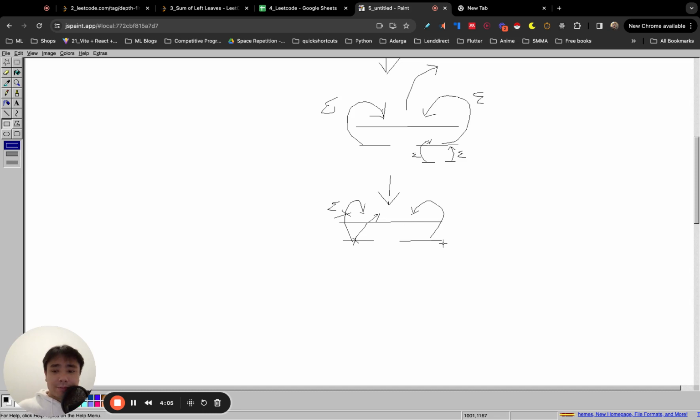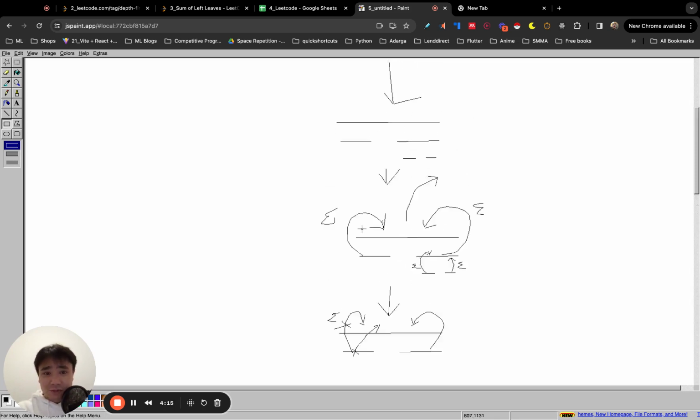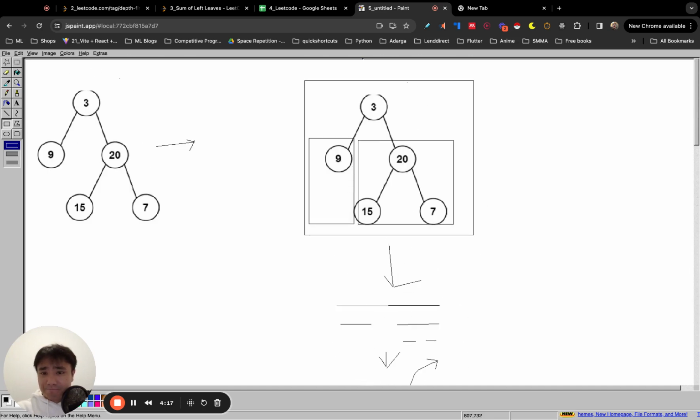So it's not blindly accepting whatever the left child or right child gives you. It's not blindly accepting the solution of the left sub problem and right sub problem. It's actually making a conscious decision whether to accept it or not, which I found interesting about this problem. Yeah, so if you look at the code now,